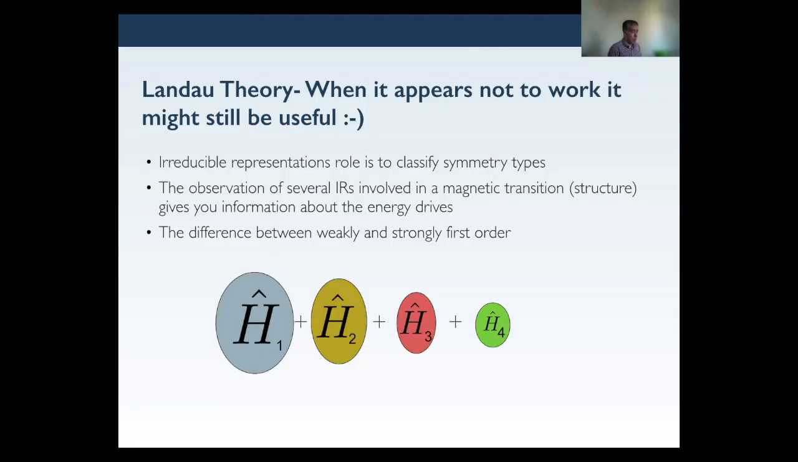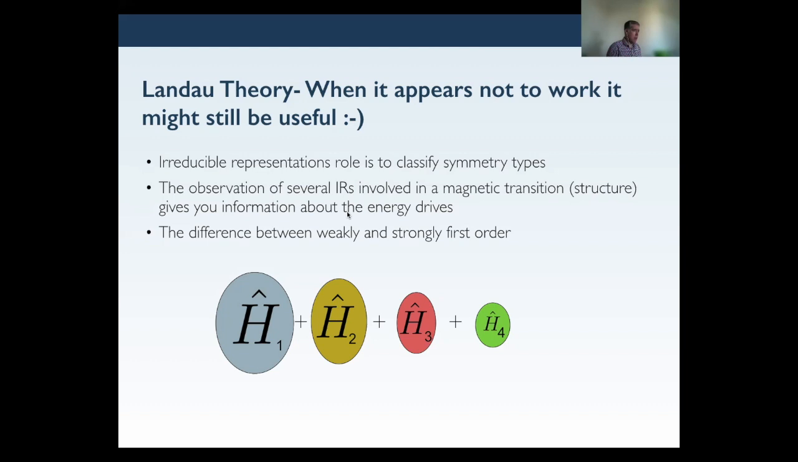This is the last slide I'd like to leave you with for Landau theory. There may be times it appears not to work. And this can happen when the model that you're using simply doesn't have the sophistication or the number of terms required to demonstrate what is actually happening. Still, when it appears to be broken, you can still start with irreducible representations to understand how they can classify symmetry types. You may discover in analyzing your data that several irreducible representations are involved in the magnetic transition, and this can help you think about coupling terms